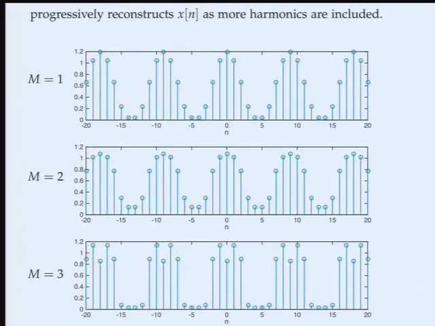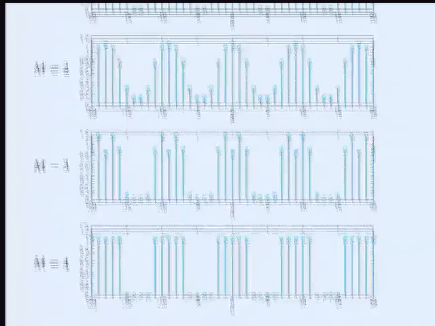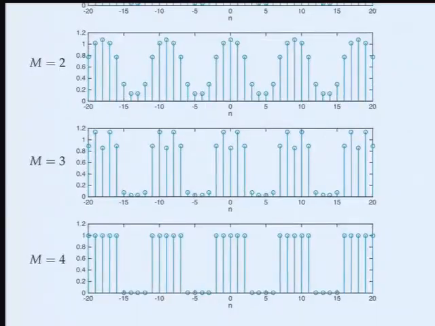And at M equal to 4, I have everything. M equal 4 means I'm counting from k equal -4 to k equal +4. That gives me 9 terms, which are enough for a period 9 signal like this. Okay? I don't need anything else. That's the full Fourier series. 9 terms is it. Okay? And you perfectly recover the square wave that we started with.